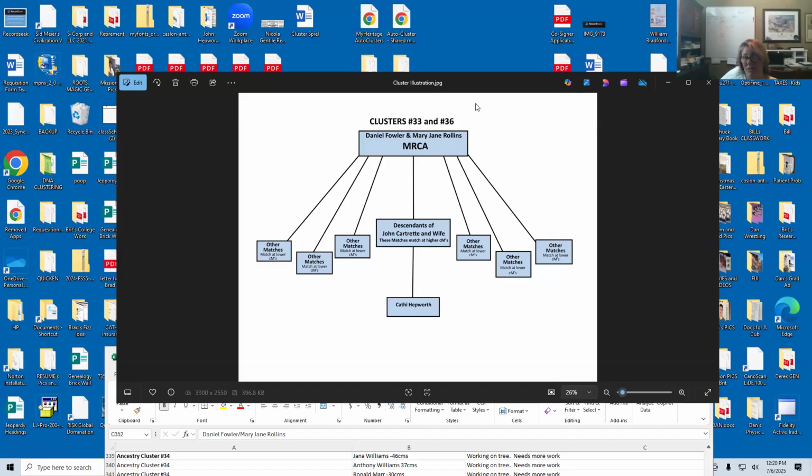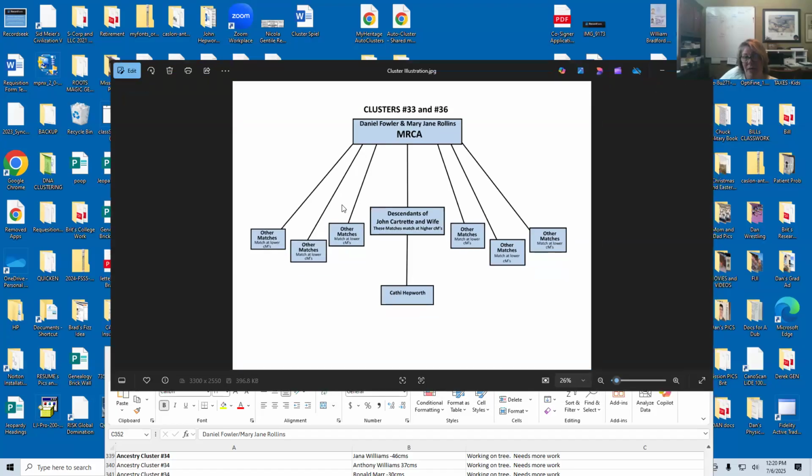And what I was able to do is make the connection. Before DNA, I was only looking at these. I would be in communication with descendants of this John Cartret, right? And we would research together and I'd look at the paper trail and we were all exhausted with the paper trail. But now that DNA points to this couple as being a couple generations earlier on my pedigree chart, I was able to communicate with these other matches